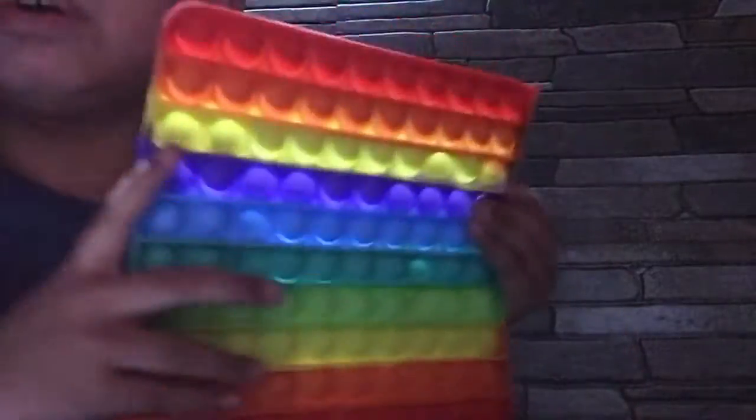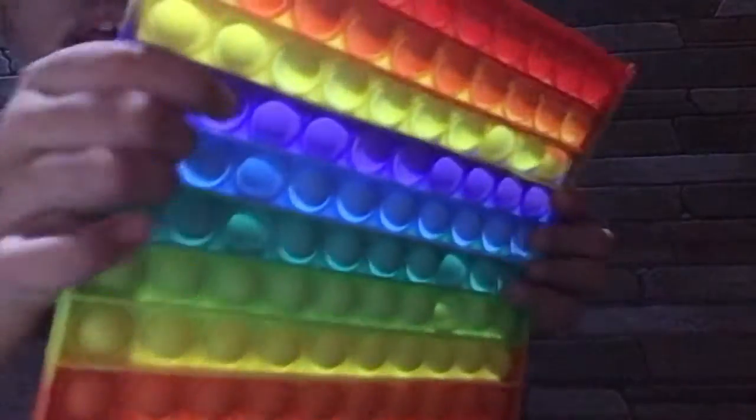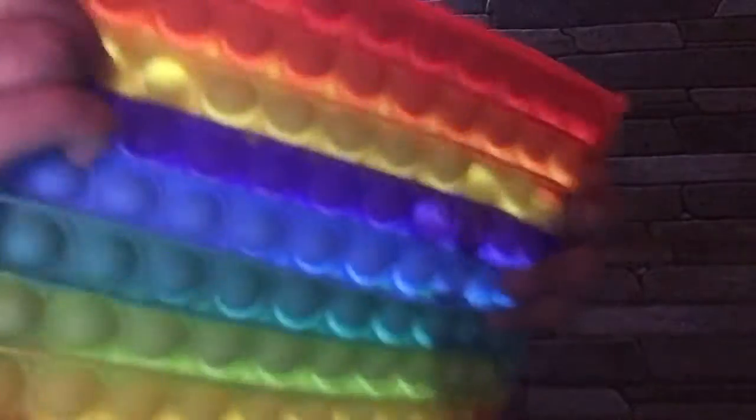The next one is my jumbo puppet. I was recording. Okay, you see this? It's rainbow and it's from my dream. So I told my mom to buy this. And you know what? You cannot even finish this on the other side, right? You cannot finish this because there are so many and it's 20 cm in size, like my foot. Yeah, and last of all is my